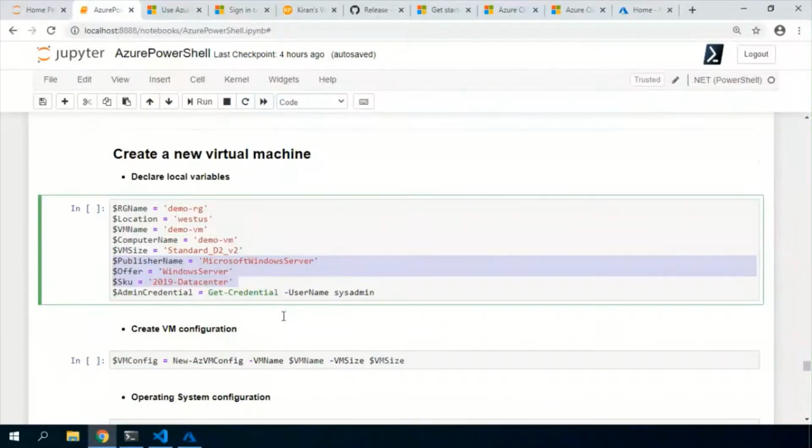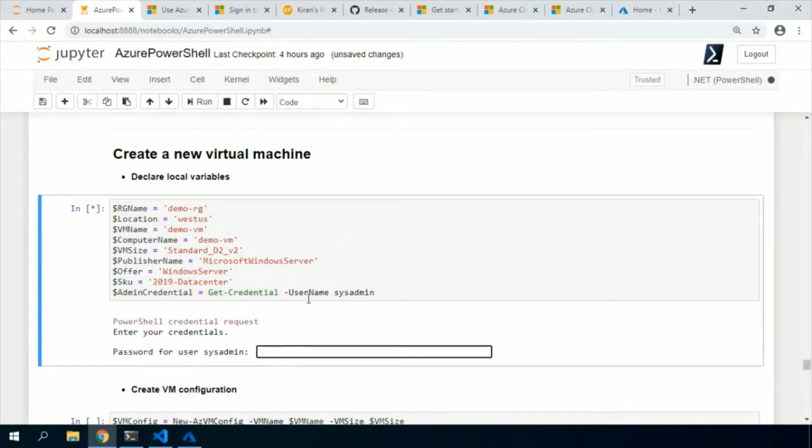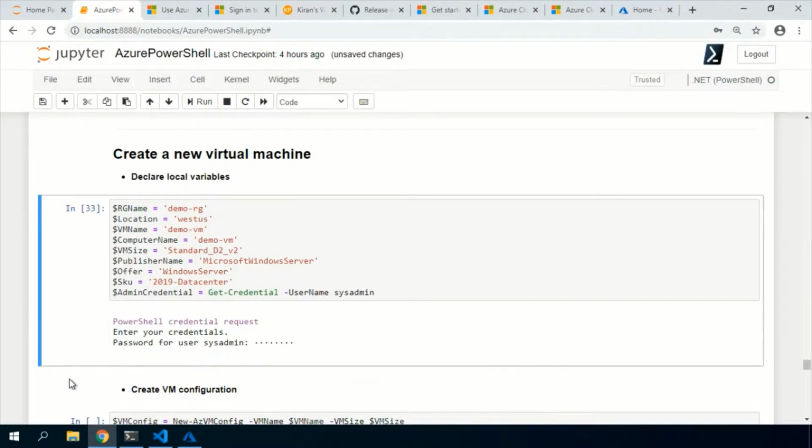For the VM, I need to provide the credentials, so I will pass these credentials now. All right, I've provided the credentials, and all my local variables are executed.